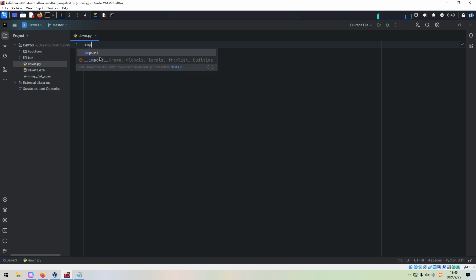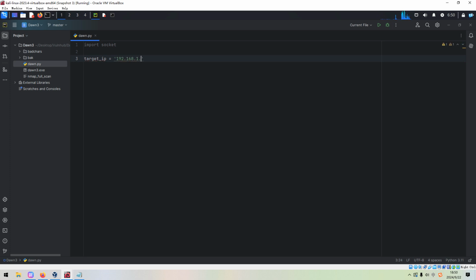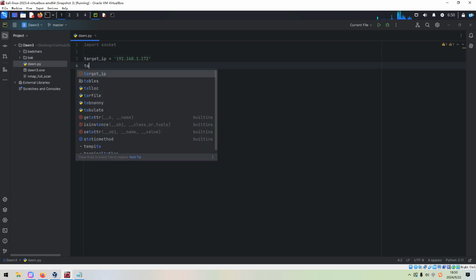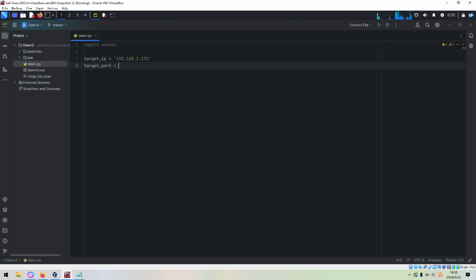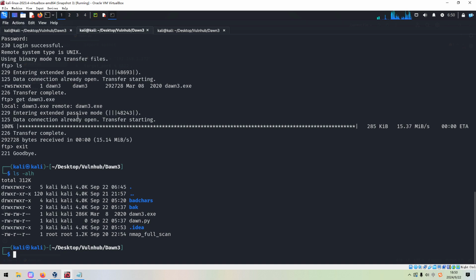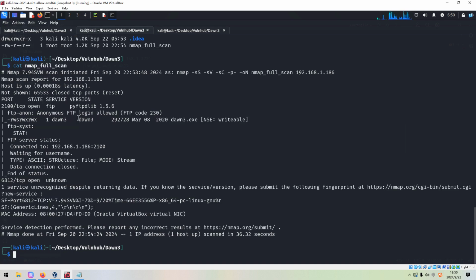For example, we can import socket, and the target IP would be the IP address of the Windows virtual machine. Okay, and the target port number. I need to make sure the port number is correct. 6812.